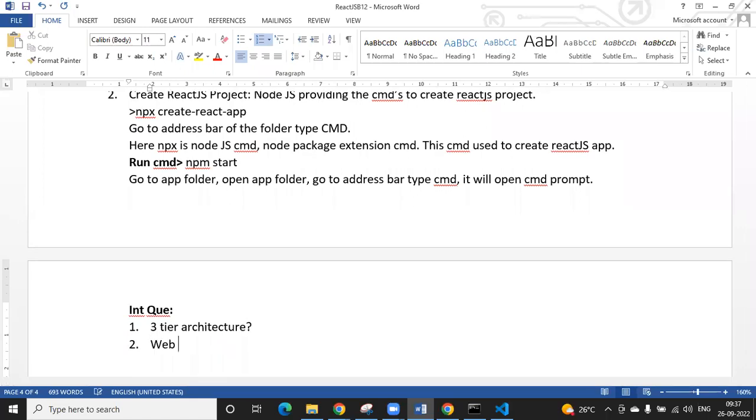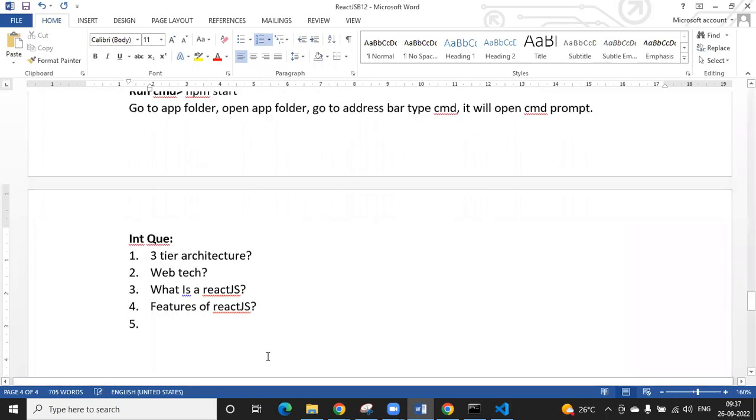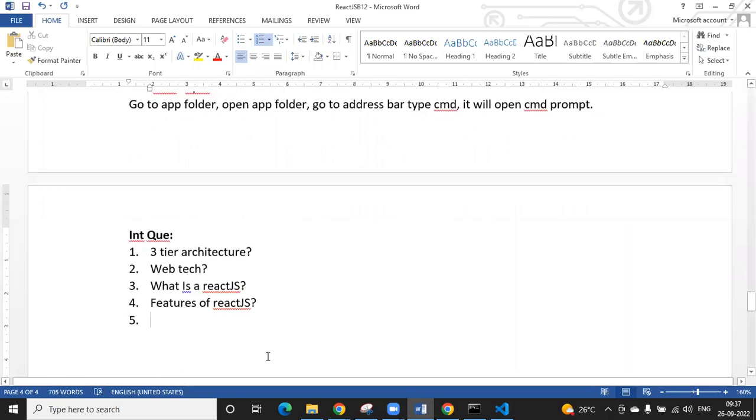Next, what are the web technologies? What is React.js? Features of React.js. I have given 5 to 6 features now. Add these features, don't add 10 or 20 features.